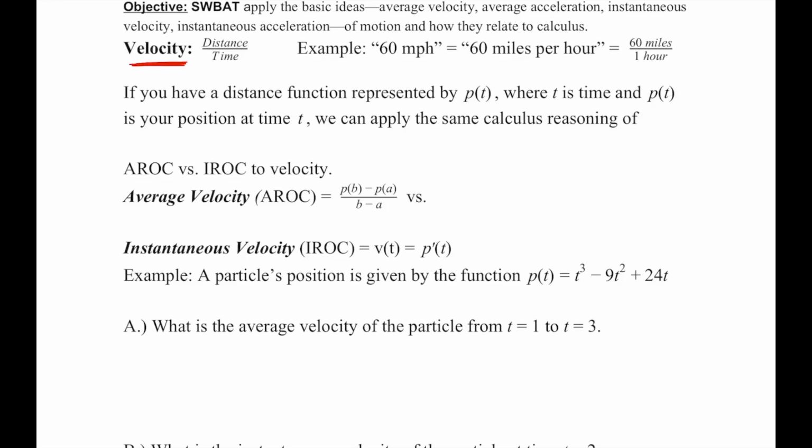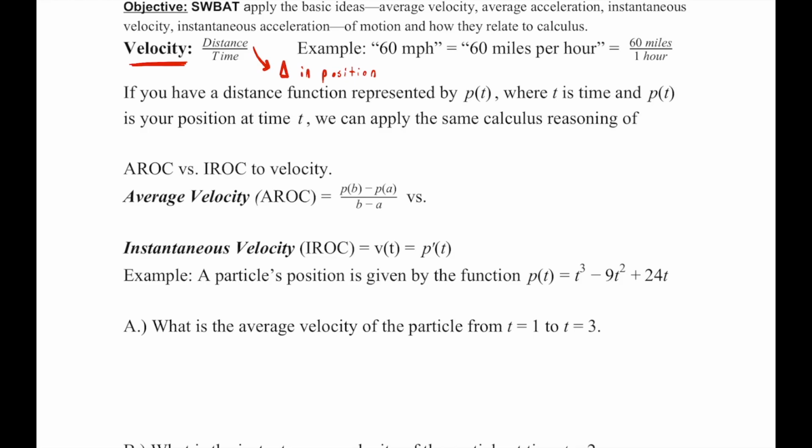And if we consider where that velocity function came from, like where does distance come from? Well, distance is just the change in position, right? It's just some position B minus some position A. So if you have a distance function, P of t or X of t or S of t are all common, where t is the time input and P of t is how far you are away from some starting point, we can apply the same calculus reasoning of AROC, average rate of change, and IROC, instantaneous rate of change,